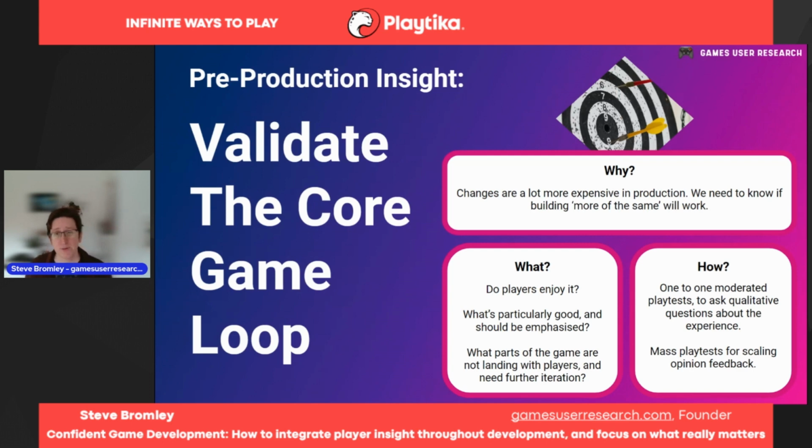I guess a small example from that is if you play tested a Soulsborne game like Dark Souls, what you'll get back is players saying this is very hard, and maybe that's okay. You need to make sure that you and your design team aren't giving up authority about things like what the experience is to players, and instead are hearing that it's hard and having that internal discussion about, actually, do we want it to be hard? Maybe that's okay, and that's the experience we want, to create a hard experience, rather than just acting on what players tell us. So something that you can do with this type of opinion data is make sure that you're interpreting it internally, rather than just acting on what players are telling you without processing that.